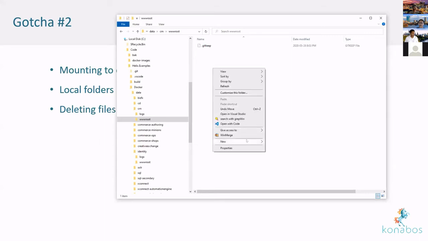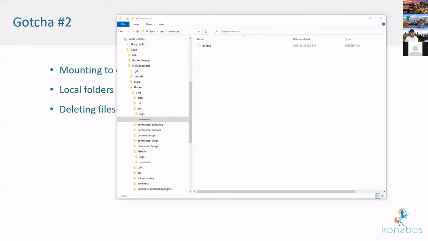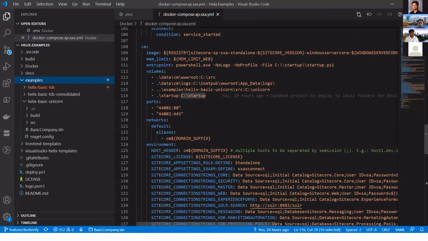If I go and drop in a file in here, it doesn't matter, I'm just gonna copy a file over from here. If I go and copy this file over, this file will get copied to the default mount, which works by www root maps to C source. But the IIS instance within the container sits within